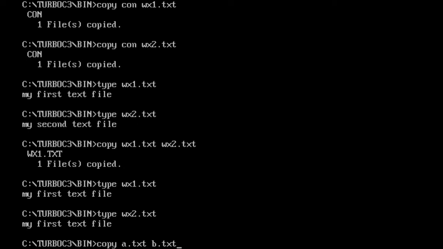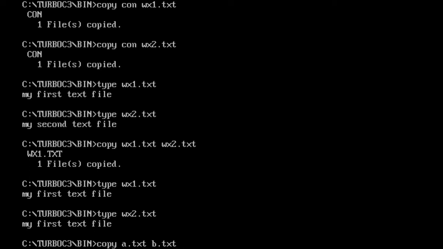Speaking in terms of syntax, the syntax of the copy command is the command, that is the copy command, space, source file, space, destination file. This will be easier to remember and understand, that the contents from the source file are going to get copied to the destination file.